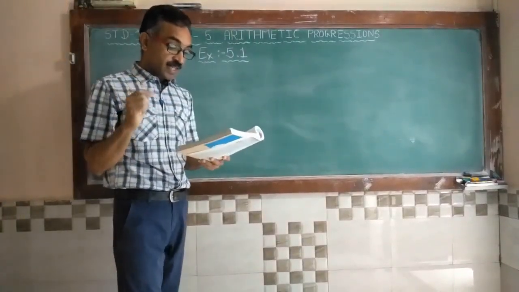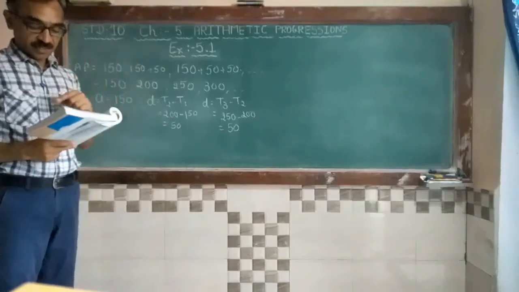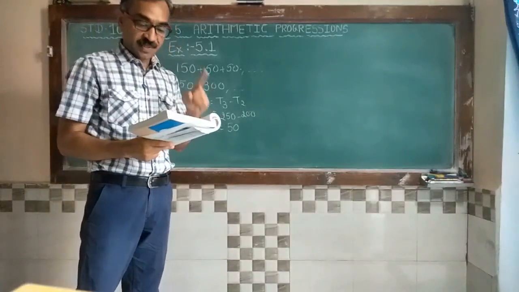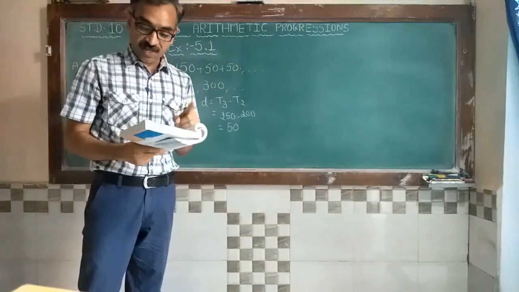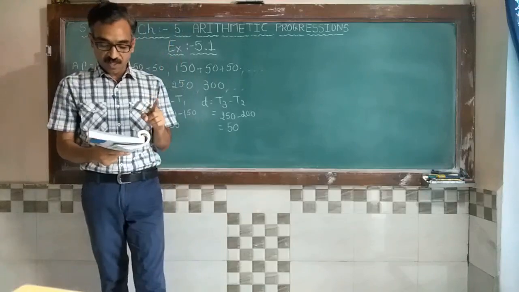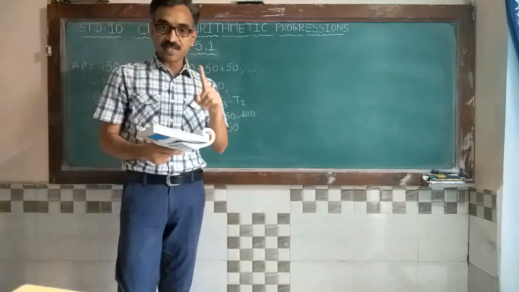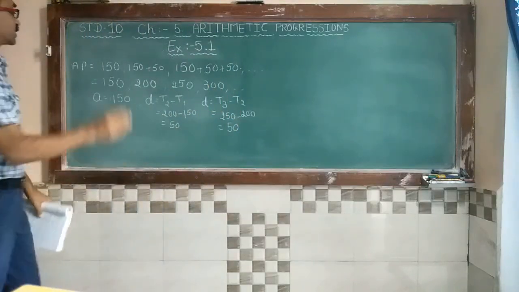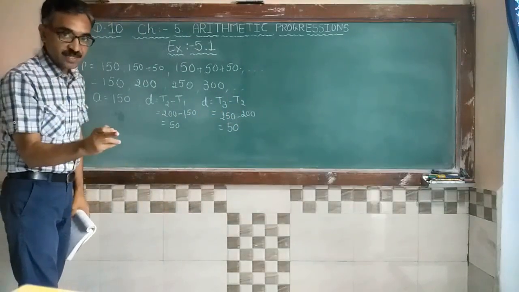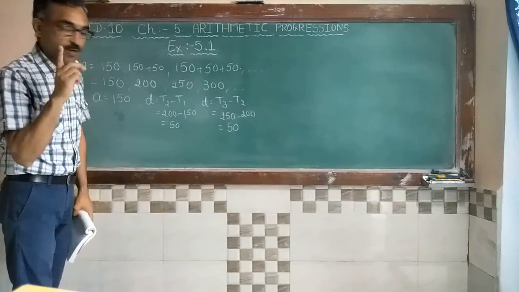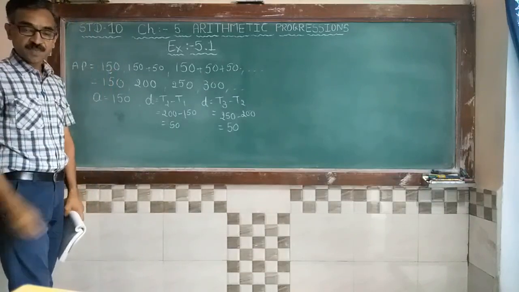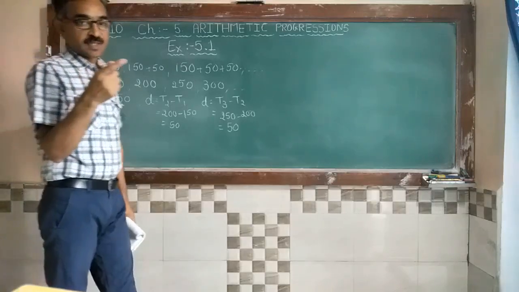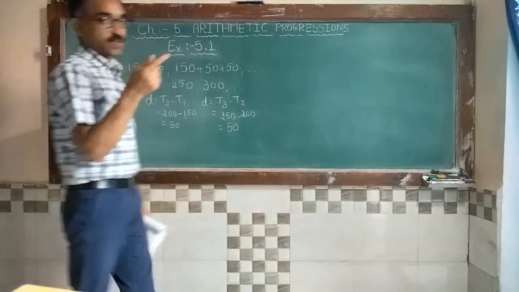The cost of digging a well. Now your third sentence for the first example is the cost of digging a well after every meter of digging, when it costs rupees 150 for the first meter and rises by rupees 50 for each subsequent meter. That means, see here, if you are digging a well for the first meter, the cost is rupees 150. Then for every meter, 50 rupees is raised for the subsequent meter.